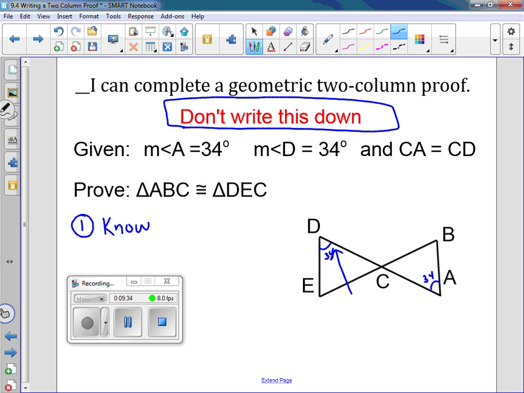Now we know that angle A and angle D are given as 34 and 34. Next one, CA and CD are equal to each other. So we go ahead and mark that, okay? So now we know that just from the definition of congruent angles, if their measures are the same, then they're